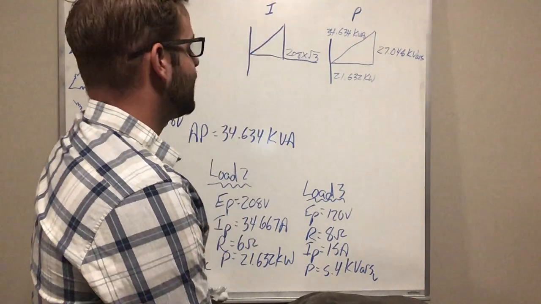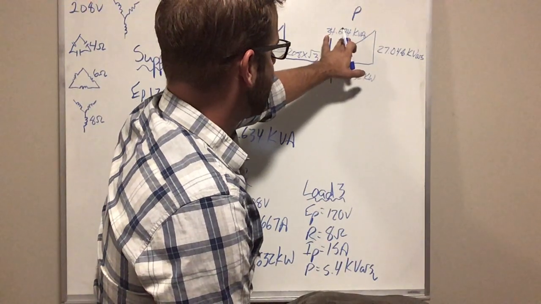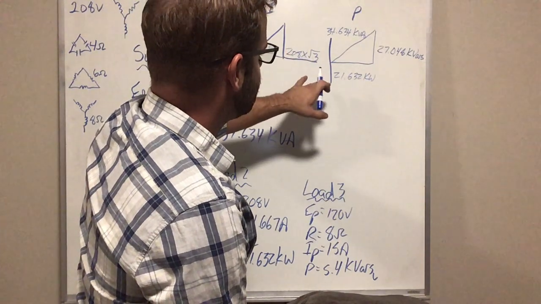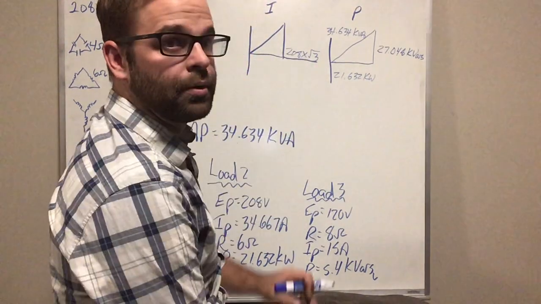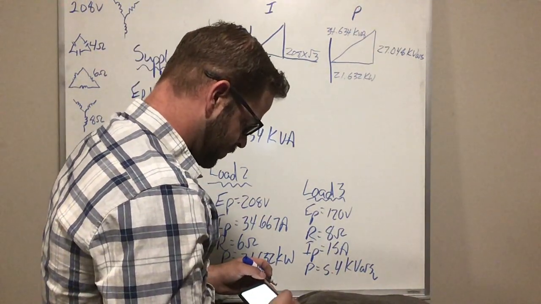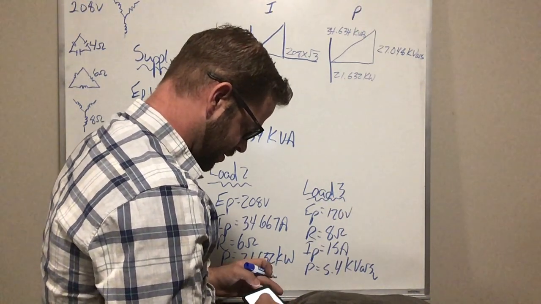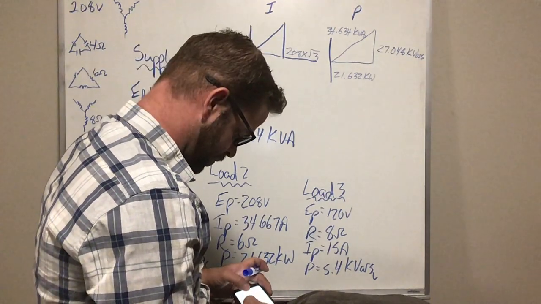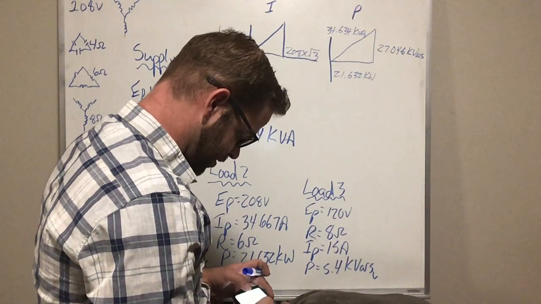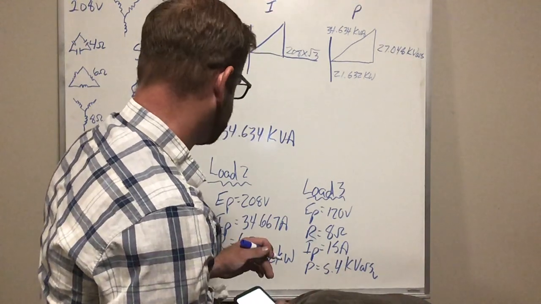So we take our supply power divided by 208 times root 3 in order to get our line current. If we divide by 208 times 1.732, or root 3, we get a line current